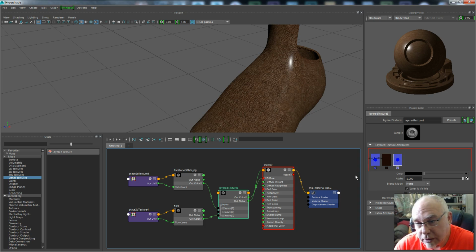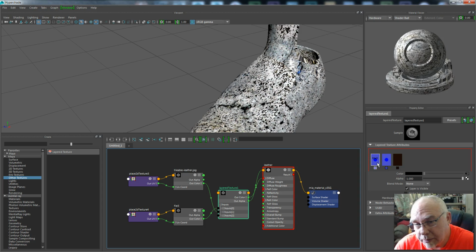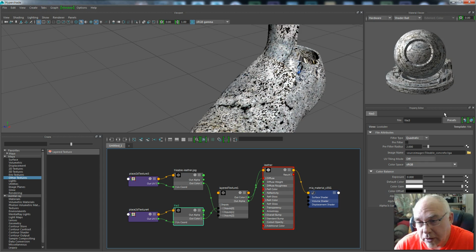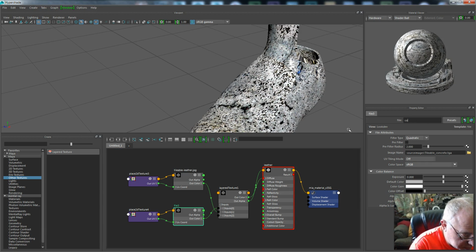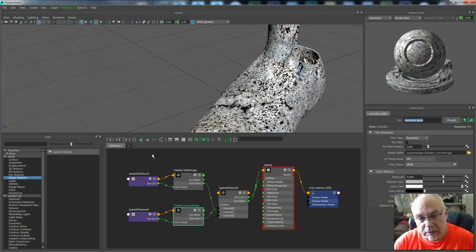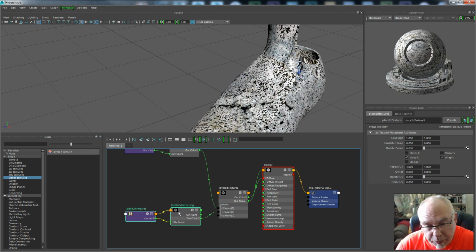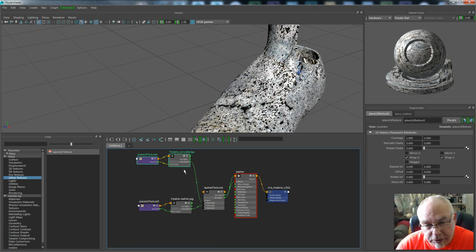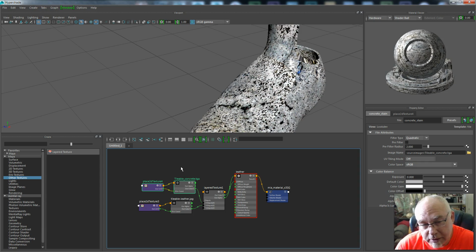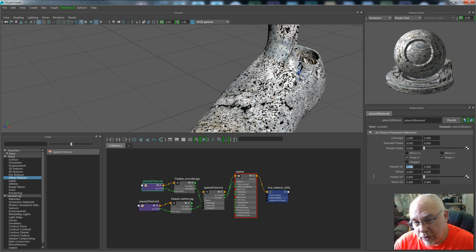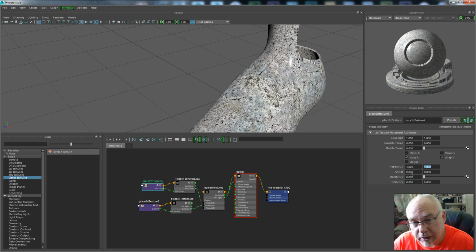Okay, so this is a new one. We're going to put it on top. There's our stain, okay. And we're going to call this one concrete stain. And I'm just going to try to keep these in order. I don't know why it puts them in reverse order when you tell it to clean this up, but it does. Okay, and so we're going to go into its base coordinates, and we'll do the same thing, about 4